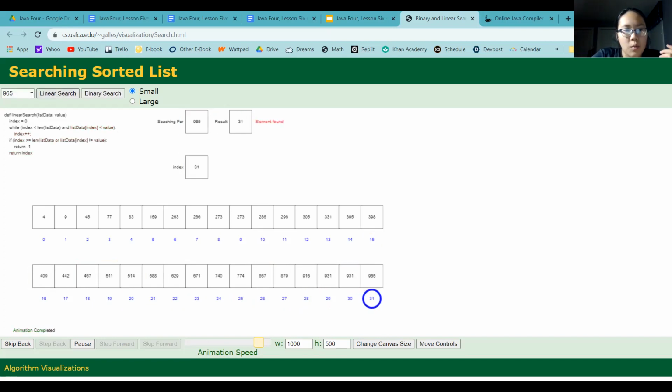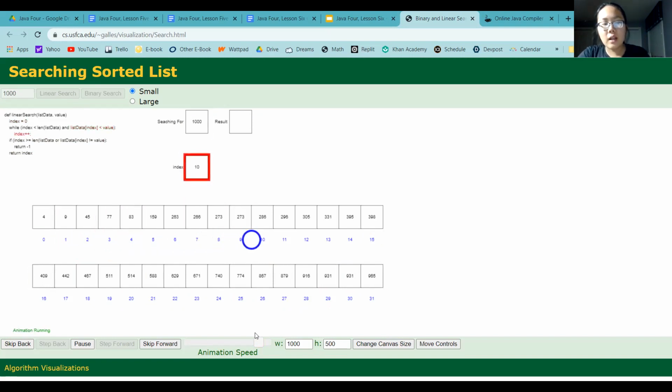And the thing is, what if I wanted to find 1,000? Then it's still going to go through every single element of the array, because it needs to make sure that all of them are not the value. So imagine trying to find that. Anyways, meanwhile, if we try to find 965,